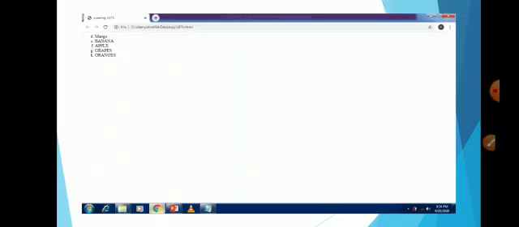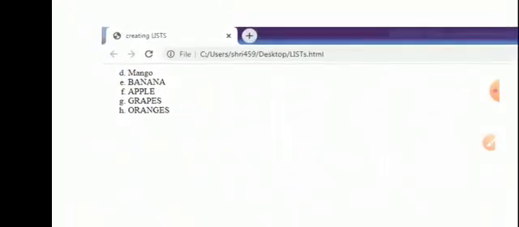Next, again save it, and see it will start from D, E, F, G, H, like this. Okay, so if you want, but there is no need. If you want to make a list, you can start the list from A only. Don't write start equal to like this. There is no need of writing those things. It will save like this.